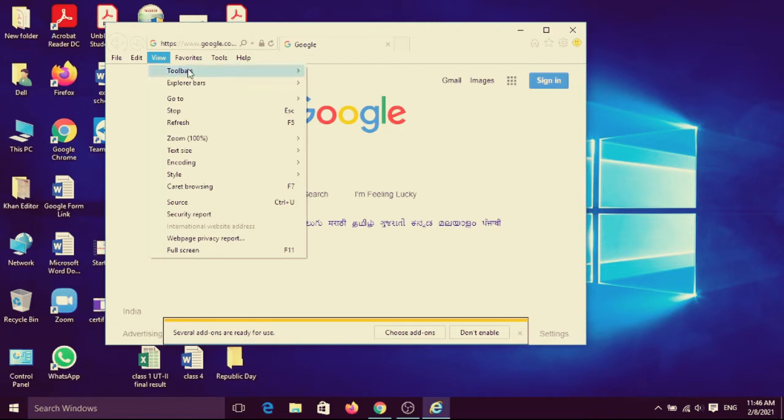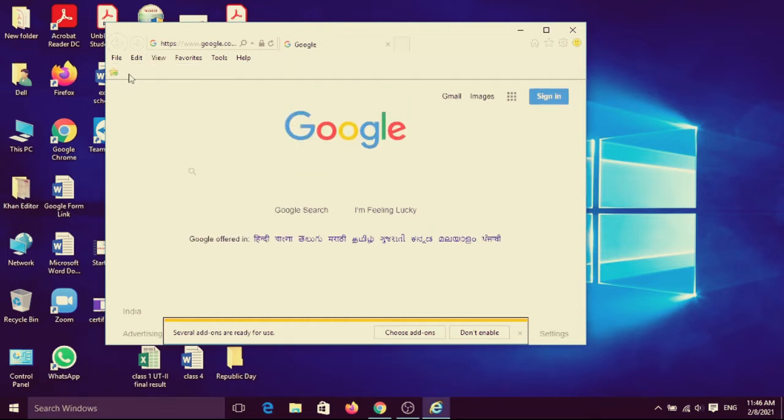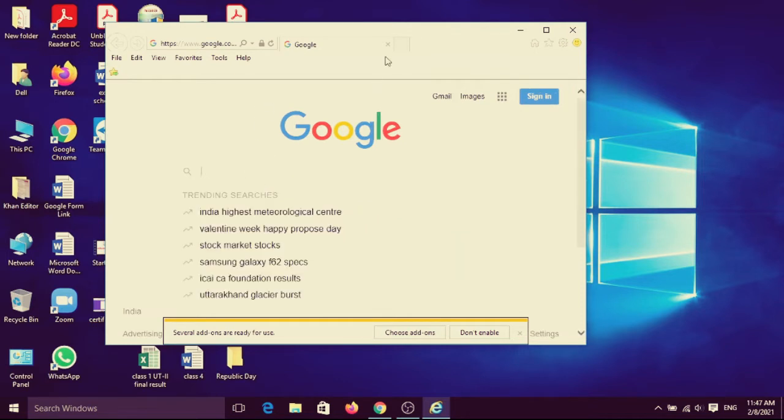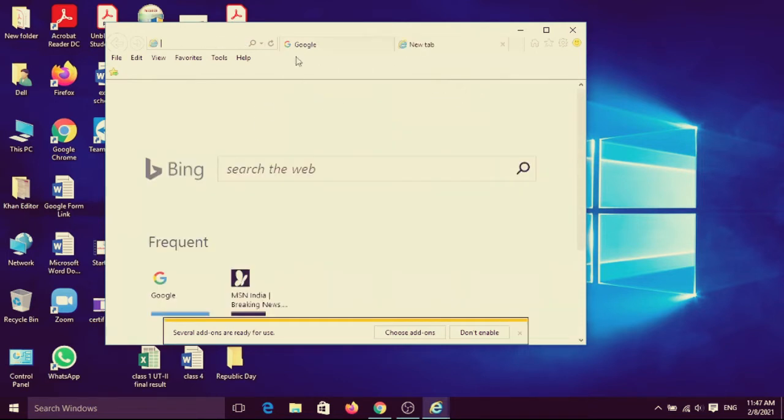View. Here is the toolbar, and the menu bar is here. Favorites bar means the sites you have visited more often or your favorite sites are there, and you can just click on them. Suppose my favorite is this one. I just write in a new page, click here and type sunbeamacademy.com.